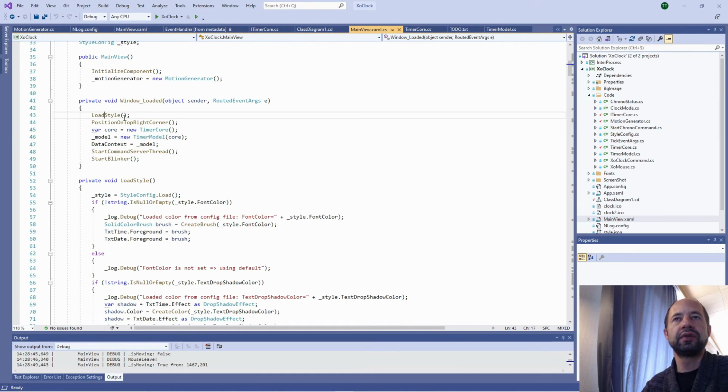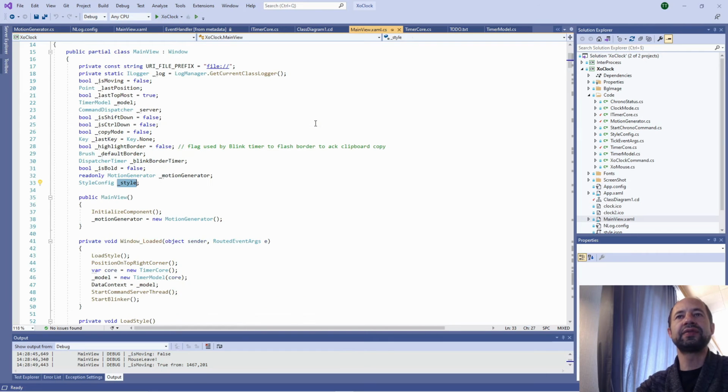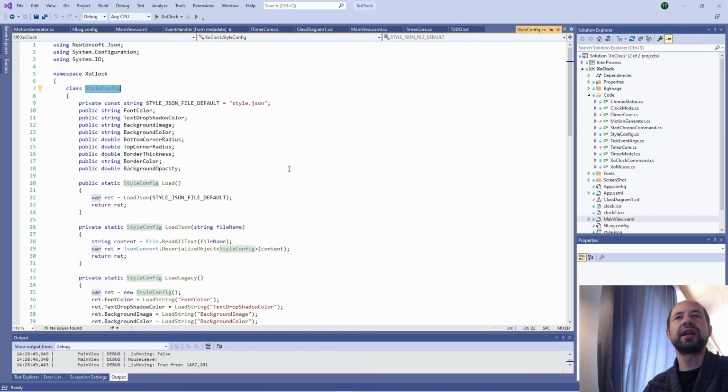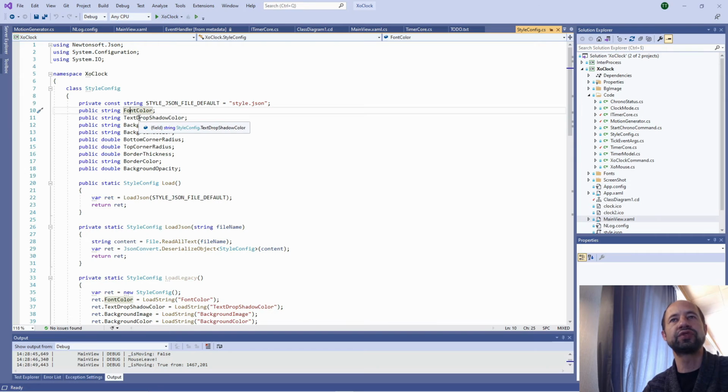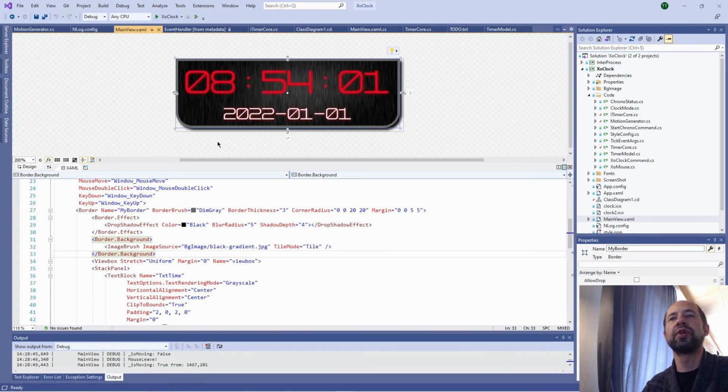So Windows loaded, then I'm loading the style, and the load style method is populating a style field, which is defined as a style config, and the style config here is exposing all the properties that I want to change. So there is a font color, text drop shadow color, background image, etc., which are a way to give the user control over the properties which are defined in the XAML file.